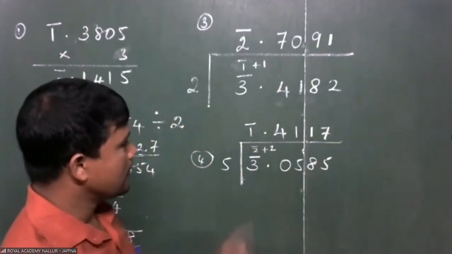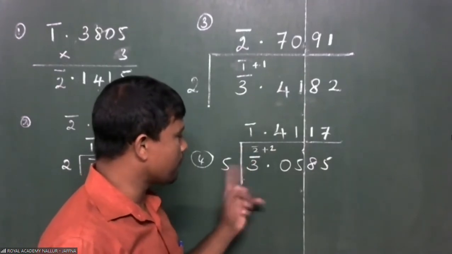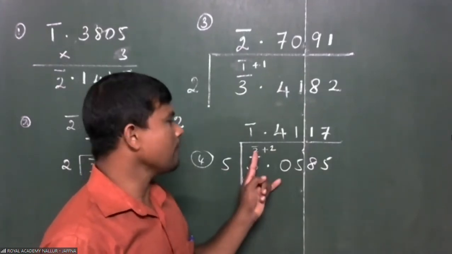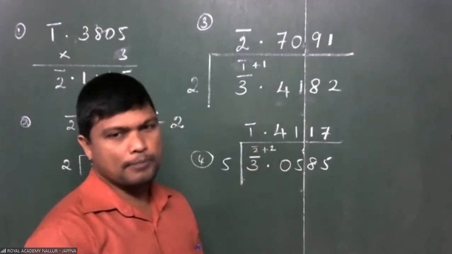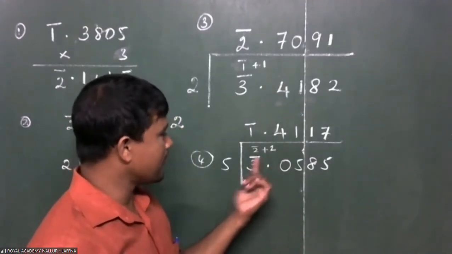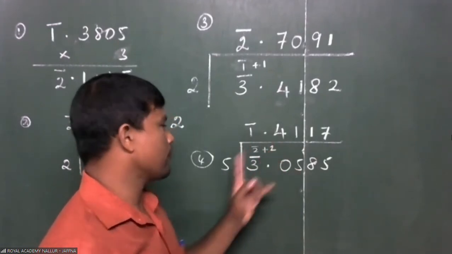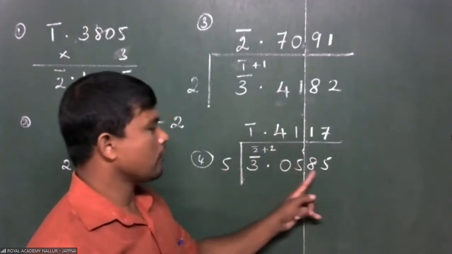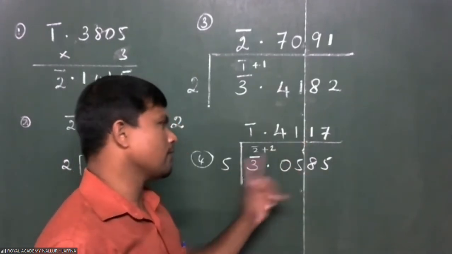To make this bar 3 a multiple of 5, that is bar 5, we give bar 2. Then to balance it, we take plus 2 also. So bar 5, 5 is bar 1 times. Here 2 makes it 20, therefore 4 times, 1 times. Out of 8, 5 is 1 time. Remaining 3, then out of 35, 5 is 7 times.